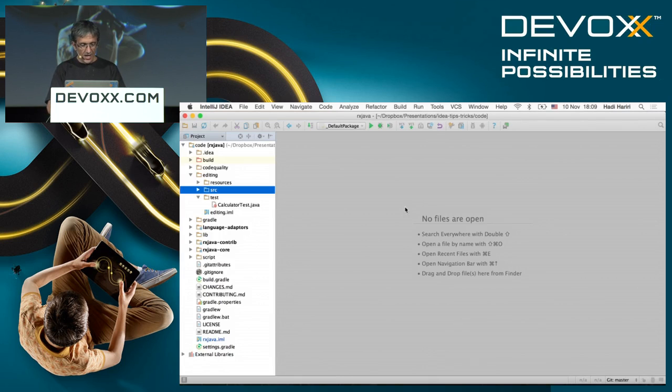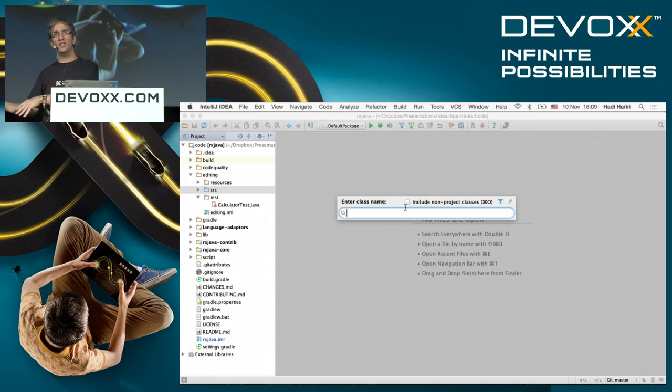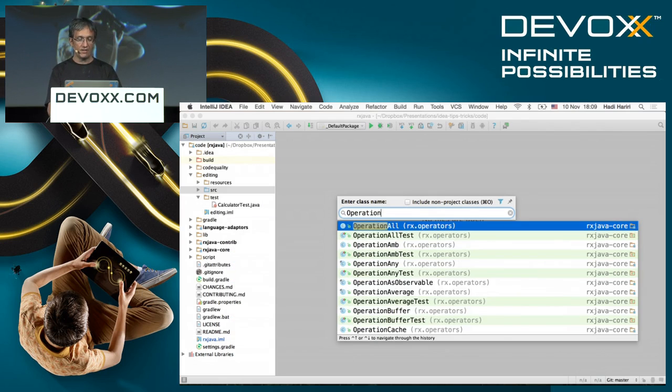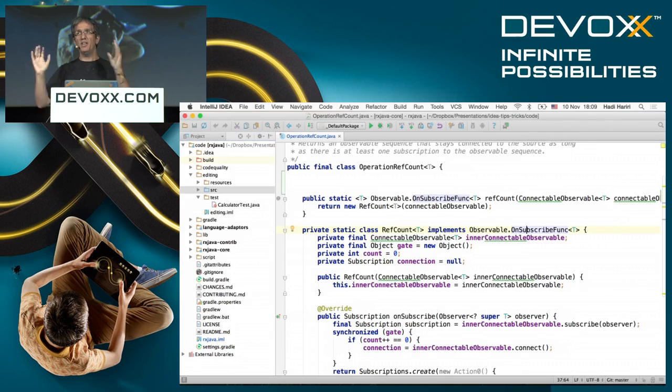Okay, so Command O, and every time I say O, you always think N if you're using this on Windows, and that only works for Command O, but anyway. So let's go ahead and say Operation Reference Count. Command O goes ahead and looks up a type. Now if anybody doesn't know this, that's not good.